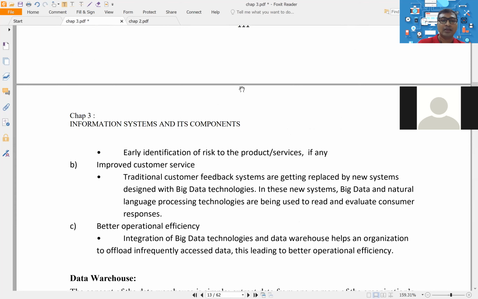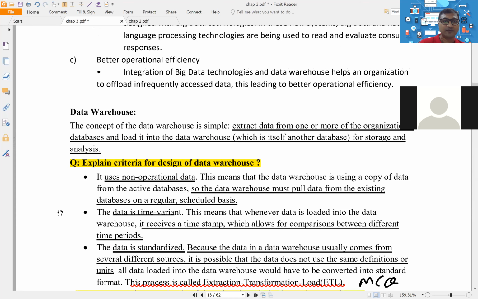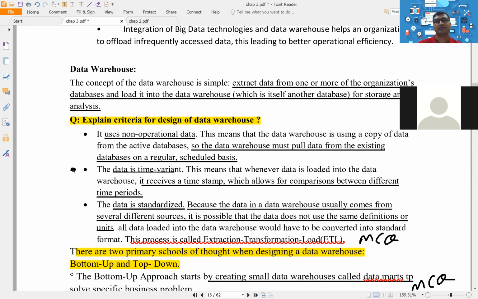Okay, now after this, we have gone with the next concept. Now, when the big data will be there, it is always difficult to process huge data, correct? So one of the solutions was data warehouse. Now again here, try to remember the diagram which we have done. Try to remember the diagram, everyone.